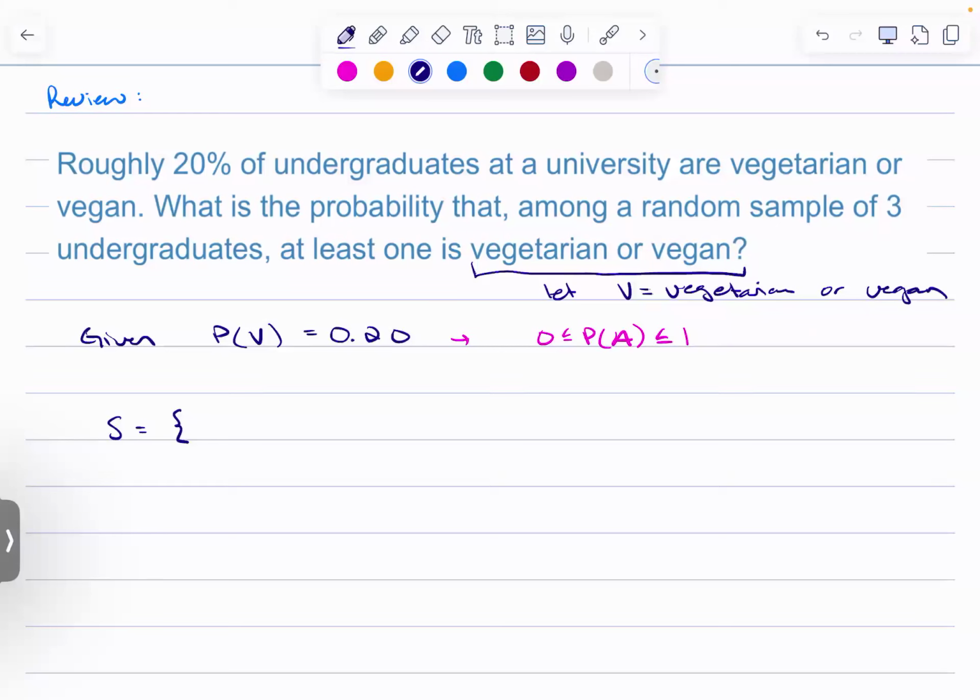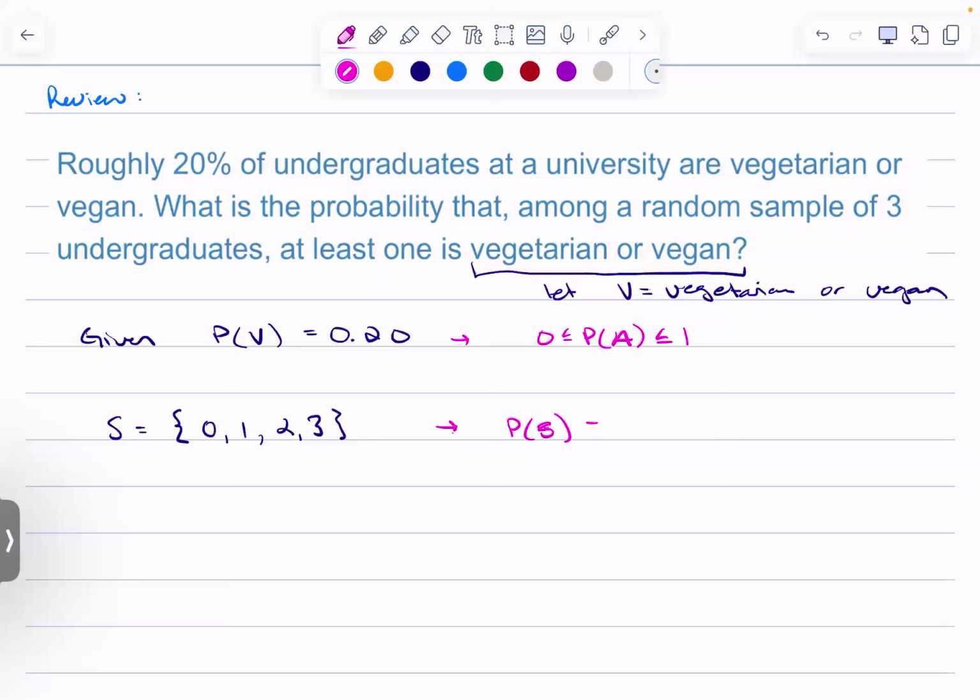Don't forget about 0, right? 0 of them could be vegetarian or vegan. Another option would be 1 of the 3, 2 of the 3, or 3 of the 3. We don't know which one, but we know it has to be one of those 4 outcomes, which means from our formula sheet,